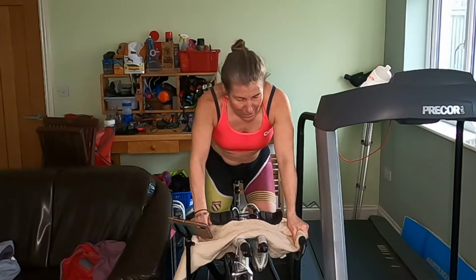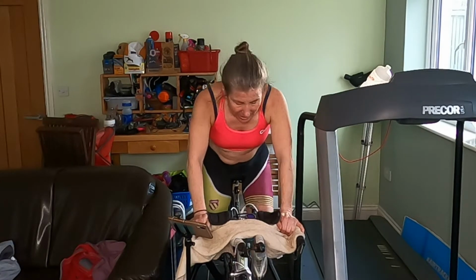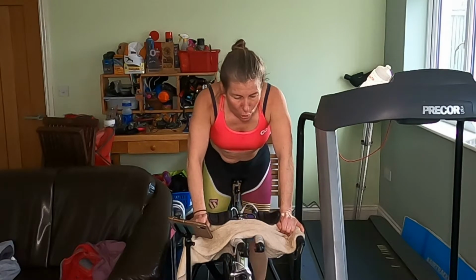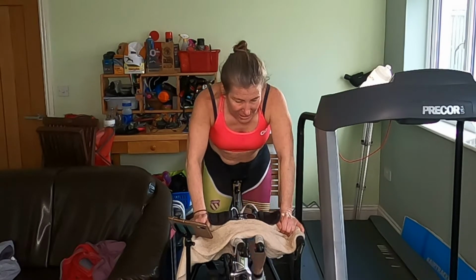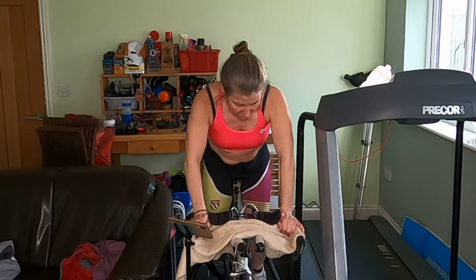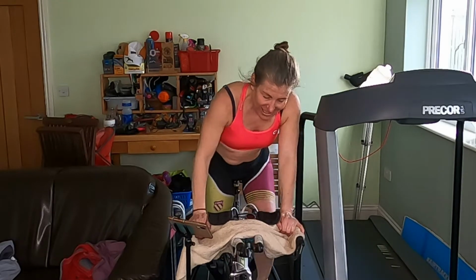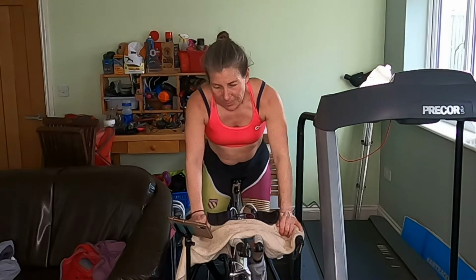Yes, the mobility work I've been doing is all based around surf mobility, but it seems to be loosening off the back. And of course, being the researcher that I am, I've looked into a little bit more about lateral movement, so important. We're single plane. What that means is we just go forwards and backwards with our limbs. Got to involve more sideways movement, which this is the sagittal plane, and sideways is called the frontal plane. And also we have a twisting, that's the